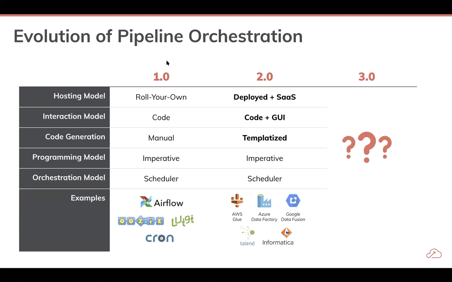We started with cron, and things evolved from Luigi to Uzi to Airflow, and we have really good results off this too, which is a pretty interesting spread of use cases. And what we've seen is those technologies have evolved into these 2.0s. And the 2.0s, whether it's traditional technologies like Talend and Informatica, or some of the new cloud versions like Glue, Data Factory, and Data Fusion, they adhere to similar paradigms in the sense that they're schedule-based, they're imperative, but they